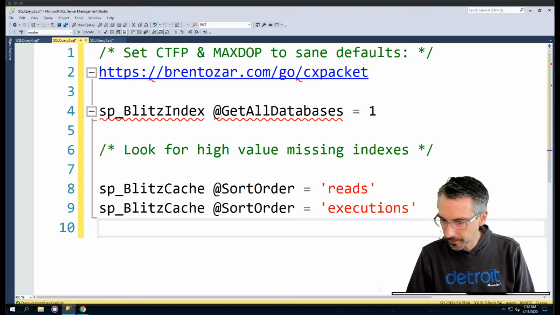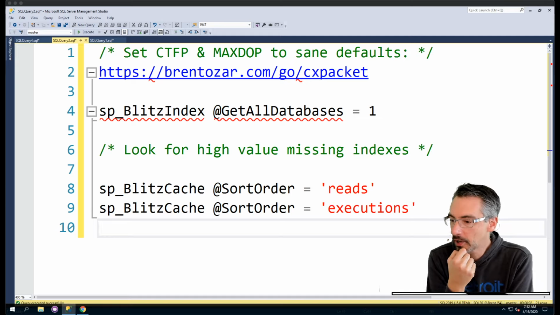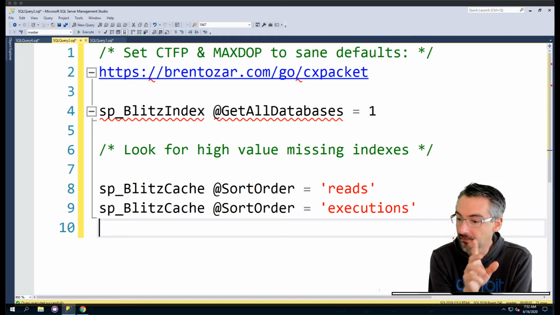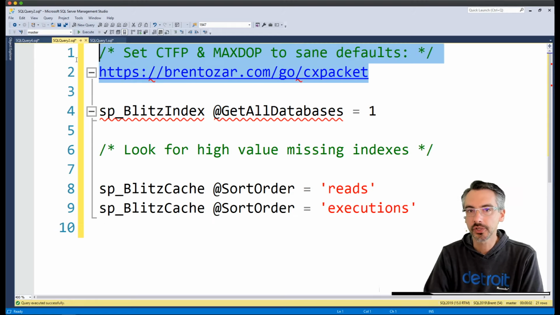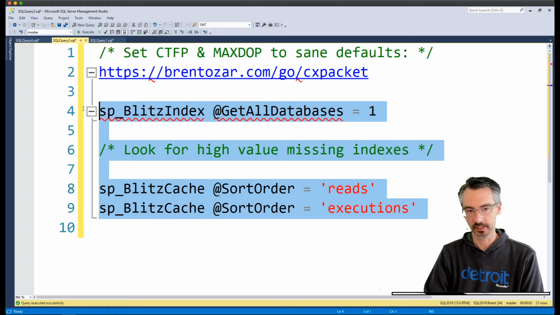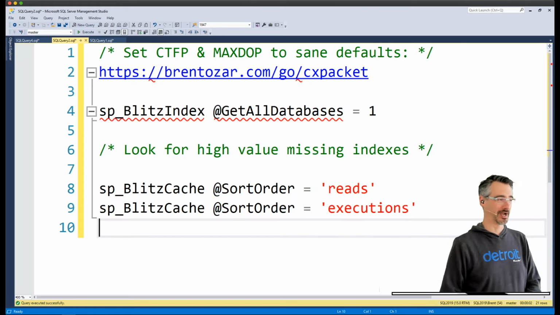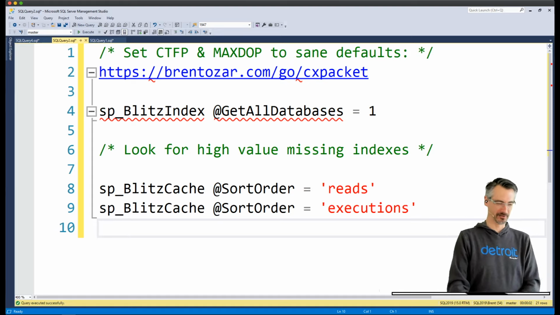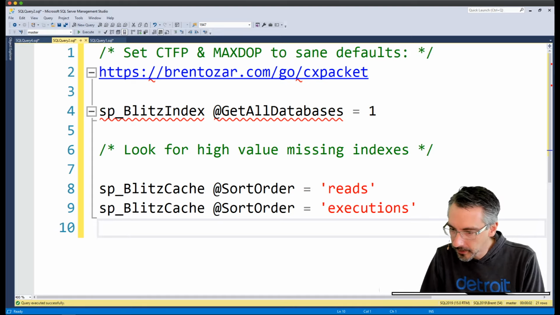Next up, drop table students said 2016 Service Pack 1, 20 cores, 512 gigs of RAM, cost threshold of 50 and MAXDOP of 8. So drop table students, I like your cost threshold and MAXDOP as a good starting point, but then just do the rest of this work in here. So that's good. Or hire attractive people like me to do it for you. That's always an option.